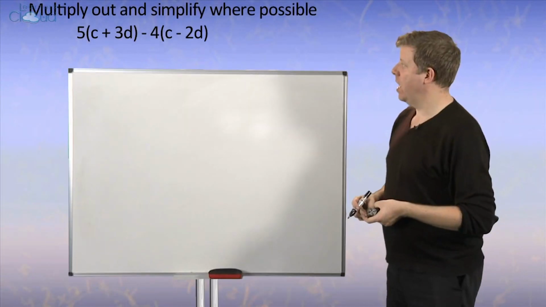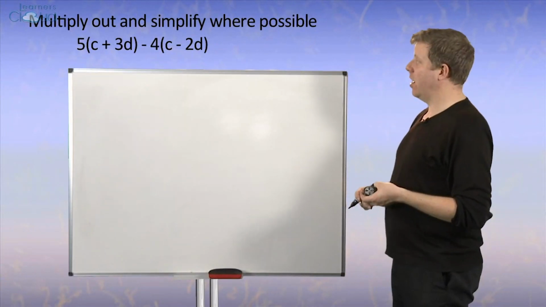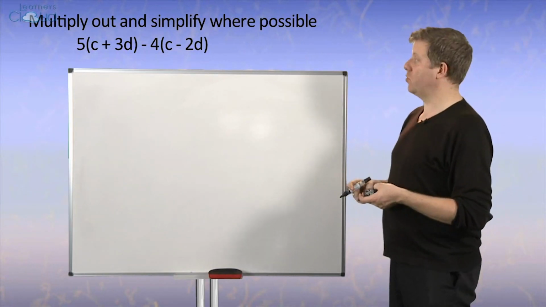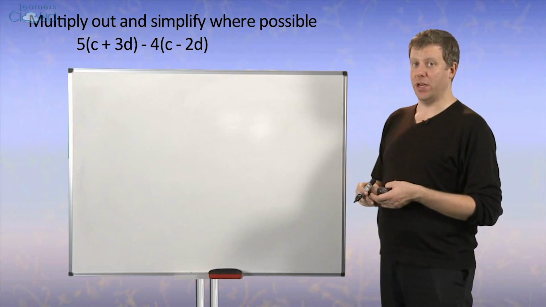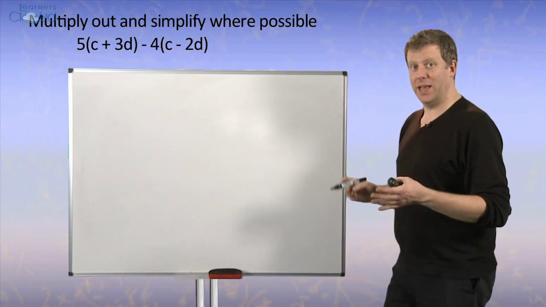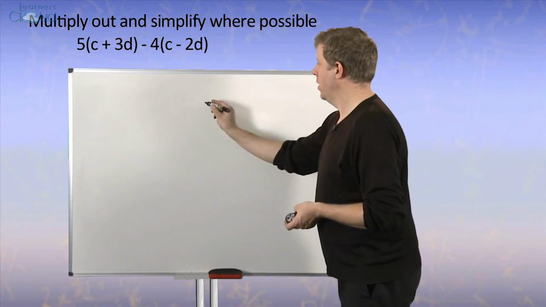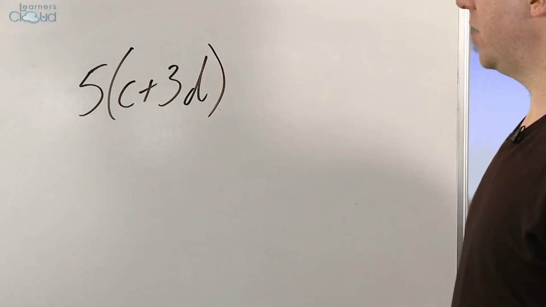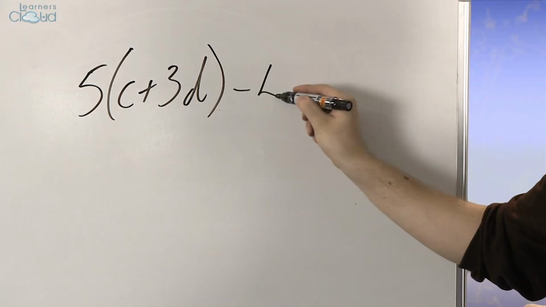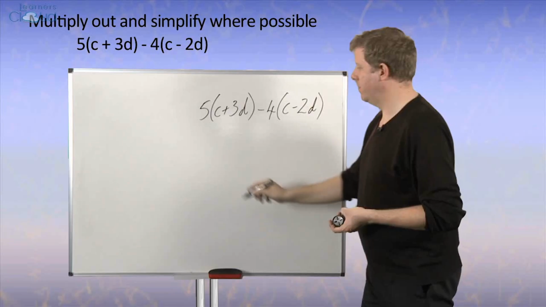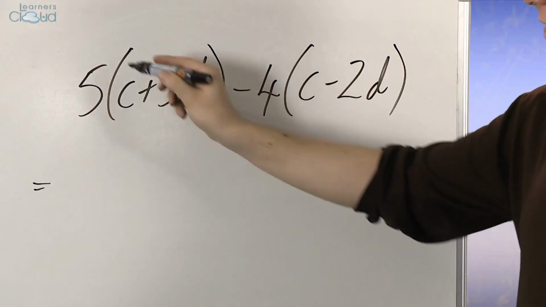So, final example on multiplying out brackets. Another double bracket question here, asking us to multiply out 5 lots of c plus 3d, subtract 4 lots of c minus 2d. So again, we've got some negatives we need to be careful of, but let's take each bracket individually. So first of all, 5 lots of c plus 3d. And we're taking away from that, remember, 4 lots of c minus 2d. Multiplying out this first bracket,